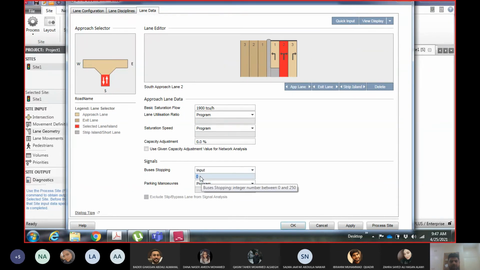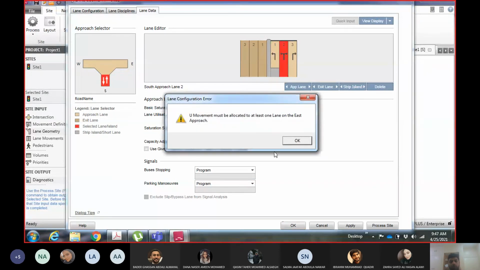So you will input the number of buses stopping per hour. Same thing for parking, you want to input parking maneuvers, if there's a parking lane beside the lane. Again, you have to select the lane for which you are entering this data. So for example, if I enter the data for this middle lane, saying there's parking available and there's buses available, I'm wrong, right? You cannot have buses stopping or parking in the middle lane. So these things must be taken care of. You must be careful about these. Obviously, for your project, you haven't collected this data, so you don't have to go there.